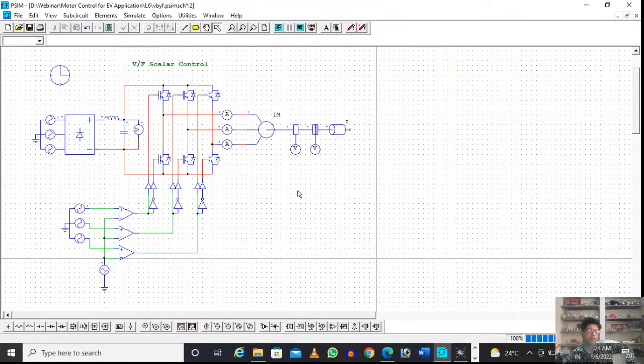Then you can take one inverter bridge. A lot of standard companies' inverter bridges are available in the market, so you can take one. You can take one microcontroller, generate the PWM, and give the pulses with dead time. That means